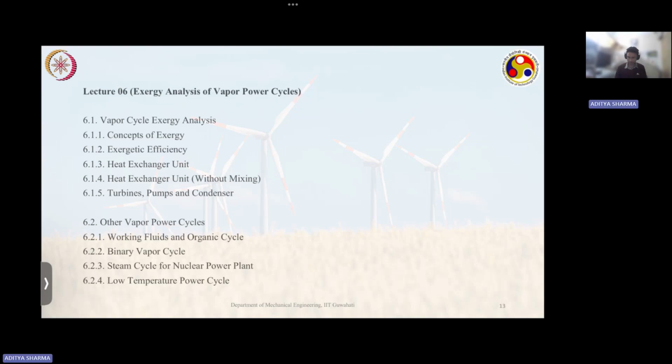All right then. So moving on to the last lecture, that is lecture number 6. As I have already mentioned, this is the concept of exergy. So exergy basically is the maximum theoretical work that we have in our hand, right? So let's see the topics one by one, and there are 3 questions based on this lecture. So first is your